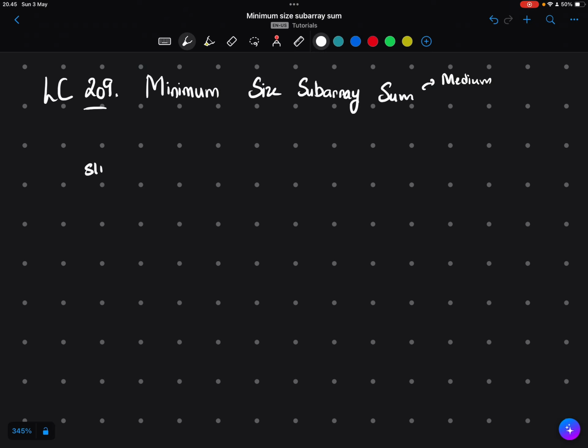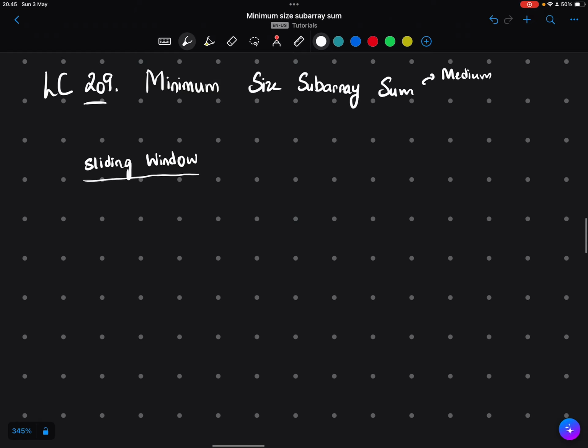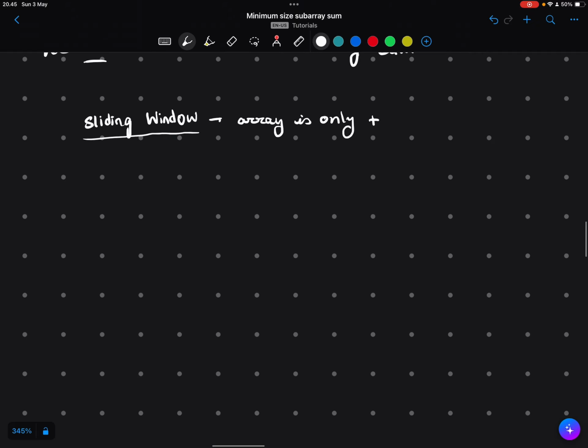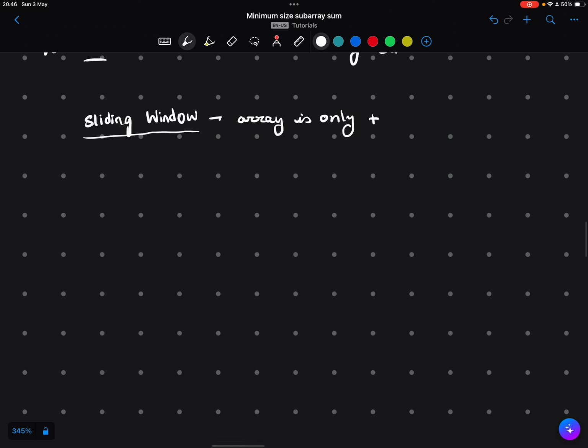like I said, anything to do with subarrays and figuring out the length usually points to one pattern, which is sliding window. Now I know that there's other ways to approach it, but sliding window is usually always the cleanest in terms of getting these questions down. And the other hint that's given in the question itself is the fact that the array is only positive, in the sense that the numbers inside are all positive, right? Sliding window doesn't work when it's negative. But